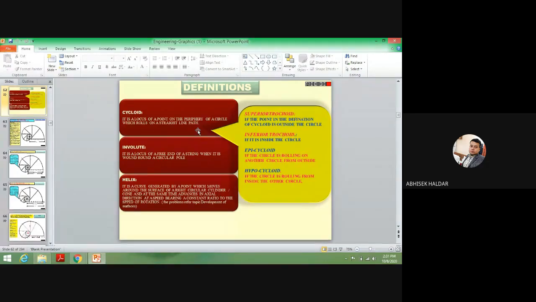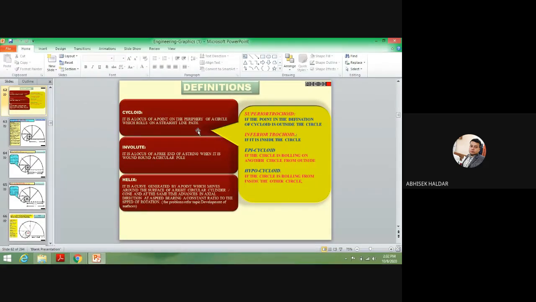Now see, this circle will roll and roll. So we will trace over here for one full revolution. For one full revolution, how much straight line path will the circle run from a particular point? Say for example the diameter of the circle is d. How much straight path will it travel?